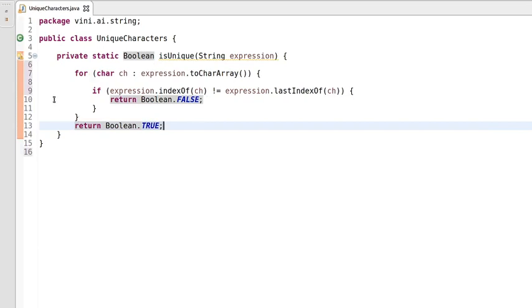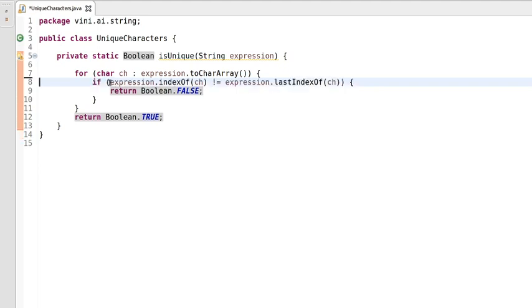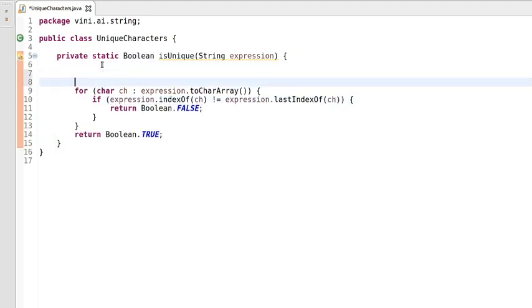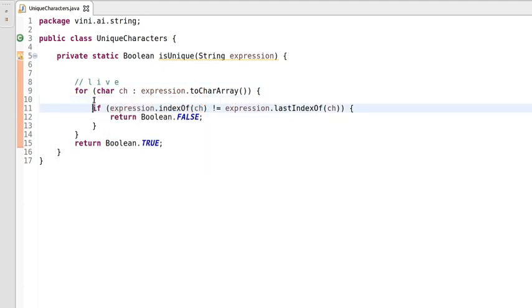So let's say we have the input string as live. What this program is doing now: expression.indexOf will give the index of the character based on the input.